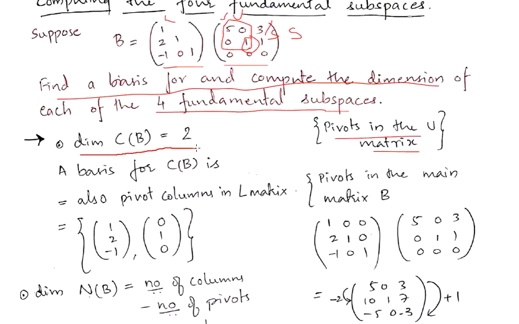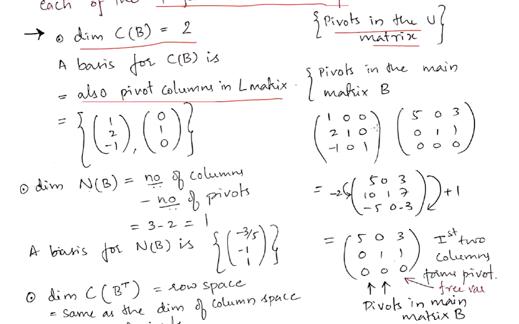The basis is nothing but the column vectors which are unique, the pivots, right? Now which ones did we find? Then we need to find the vectors for the column subspace. So how will we get that? See, it is also equal to the pivot columns in the L matrix. You can still cross check here. See, this is the given L and this is the given U.